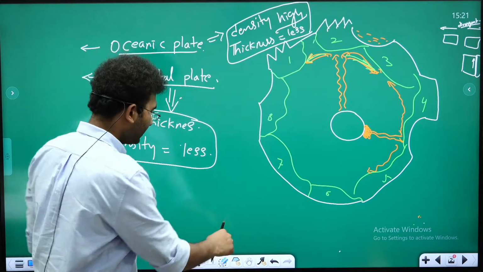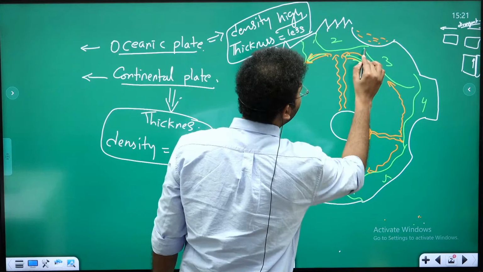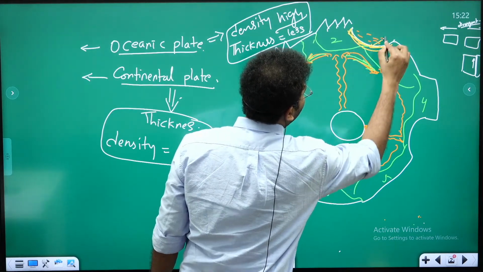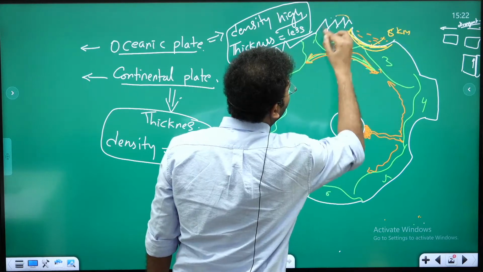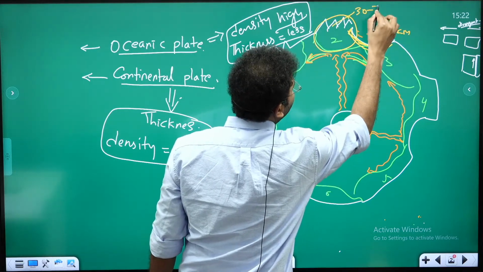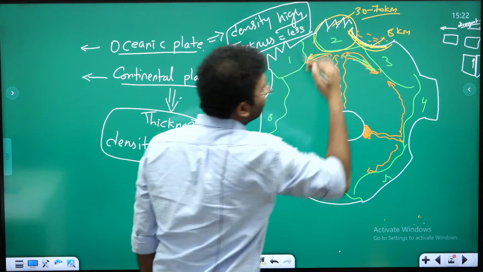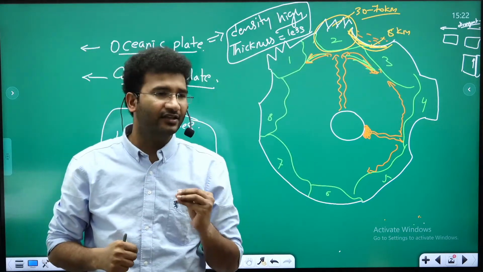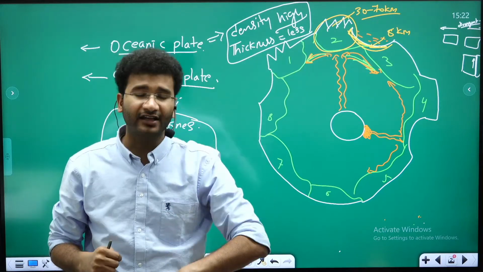What is the thickness? The thickness is hardly 5 kilometers on an average. The thickness of the continent is near about 30 to 70 kilometers deep inside. Now when these two plates collide with each other, it is actually the oceanic plate which will be sinking, but